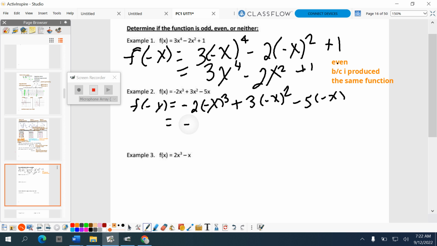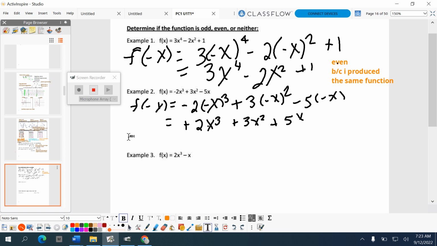So I get negative 2 times negative, a negative and a negative, positive x cubed, my sign changes, plus 3x squared minus, nope, plus 5x, right? So this is obviously odd. And I'm going to write why it's odd. So this is odd because